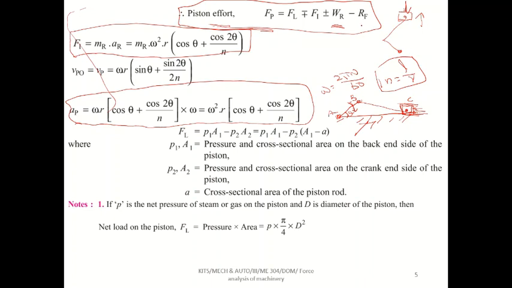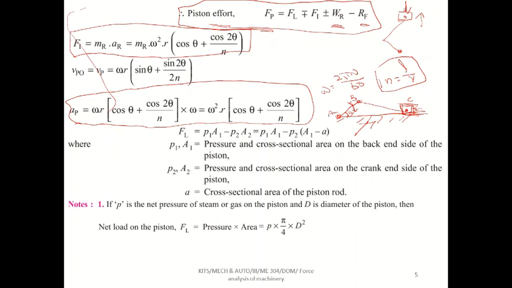And RF means resistance due to friction. RF value is always minus. But most of the time they won't give the RF value in the problem. If they didn't give the RF value in the problem, you can leave this RF. You don't want to include this RF. Suppose if they give the friction value, we have to include it.